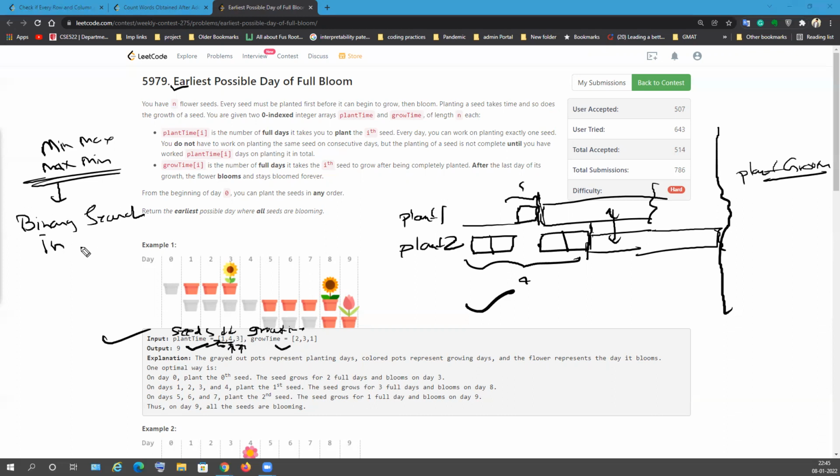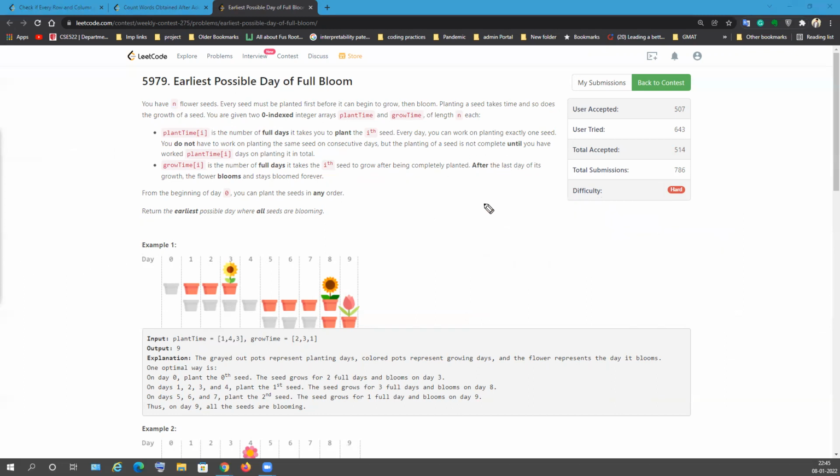Binary search on the answer. So what is this? This is a very important concept, binary search on the answer. So what is this concept? I will explain. In binary search on the answer, you assume some answer A, right? And then you check if this answer is possible or not. For example, if I assume that our flowers will bloom in 100 days, this is the minimum, then I will check if it is possible or not.